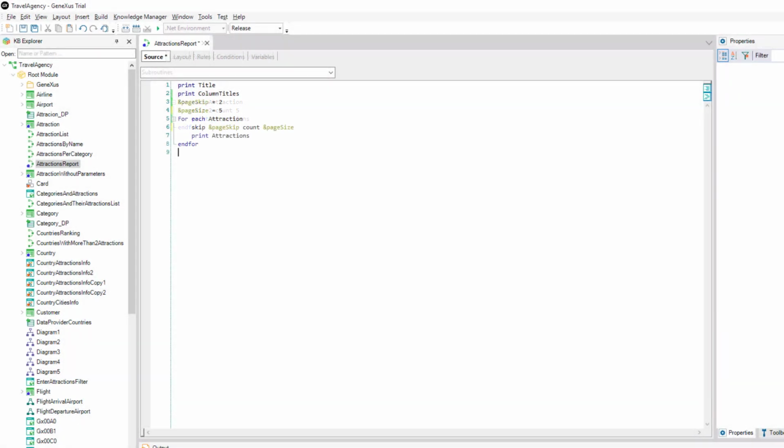Instead of numbers, it's certainly more convenient to use variables, whose value may be sent in a parameter or declared directly in the source. For example, suppose we handle pages of 5 records each, and we want only the records of the second page. We could do this by declaring a new variable where we'll enter the page we want to show. And we implement it as follows.